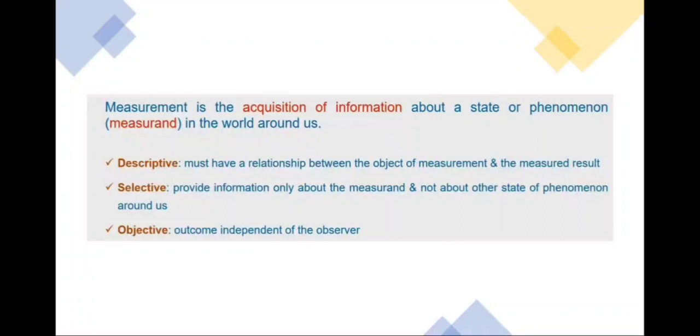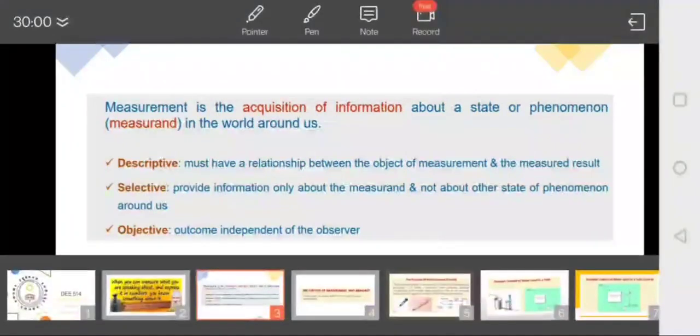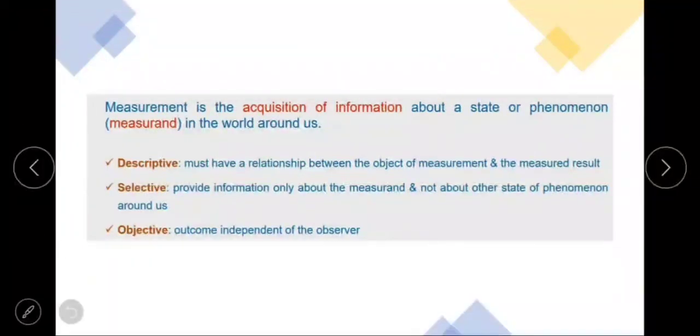Welcome again. This lecture is in continuation with the previous lecture. So we were discussing the conditions required for the measurement or for the measuring instrument. First, it should be descriptive. By descriptive we mean there should be a well defined relationship between the object of measurement